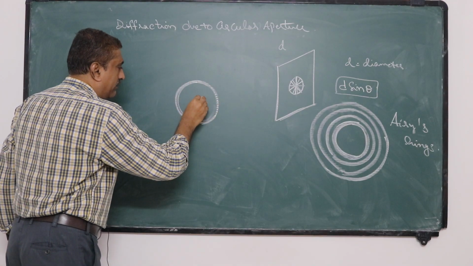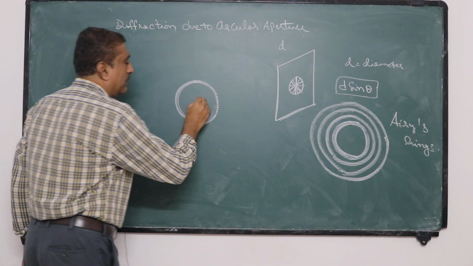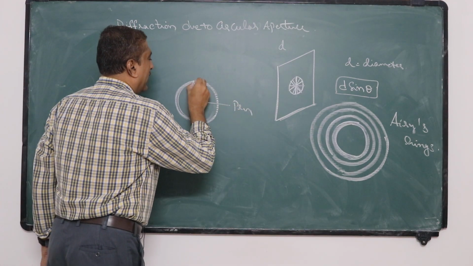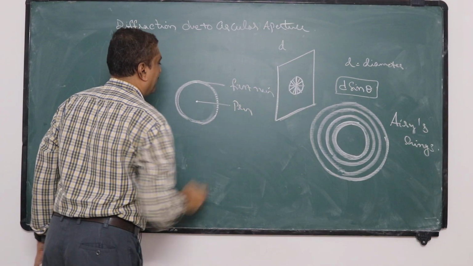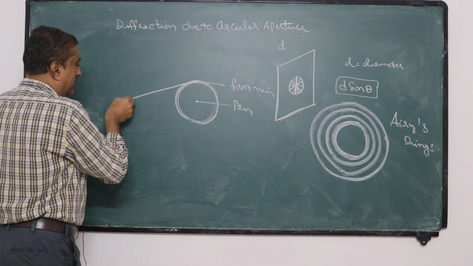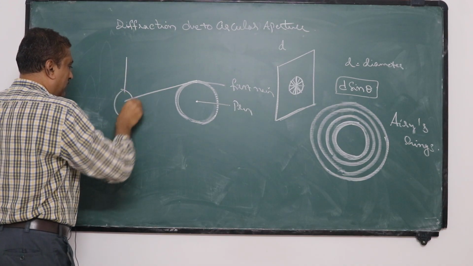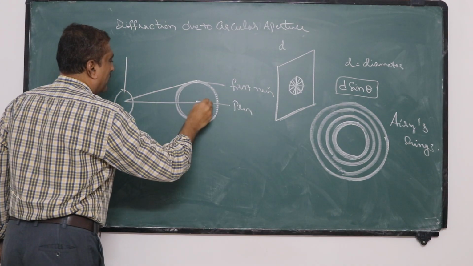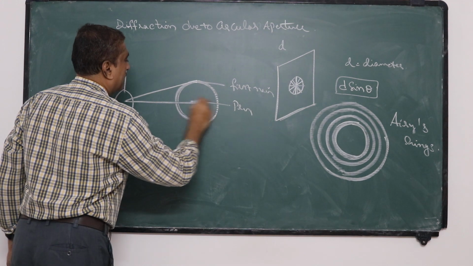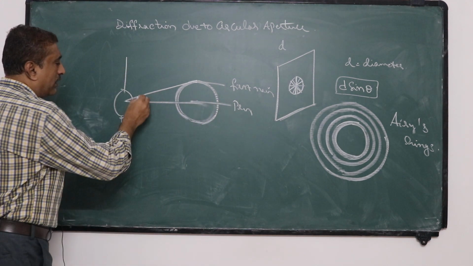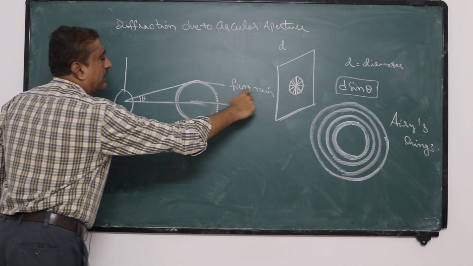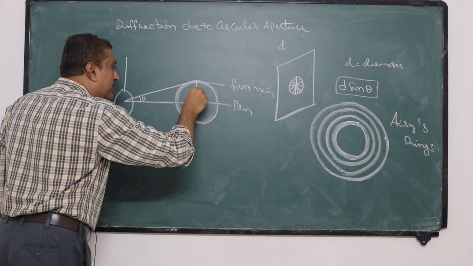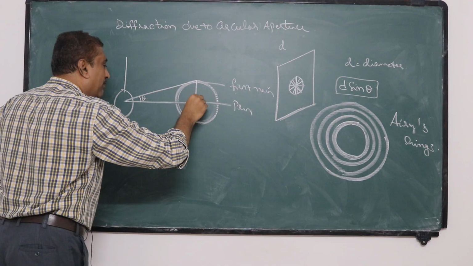So the center of this circular spot is the principal maximum, and this is the first minimum. Now assume that this is the circular aperture, and we have this pattern like this. Now if theta is the angle such that we get this as n lambda, and r is the radius of this circular disc,